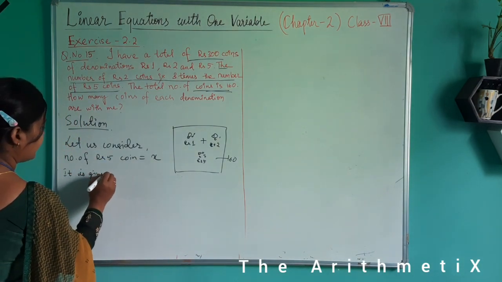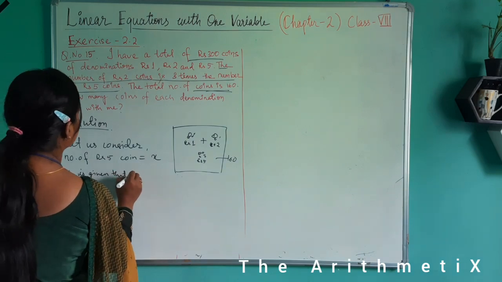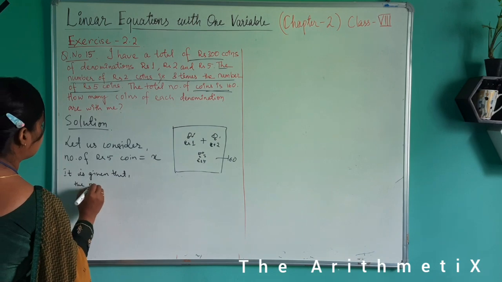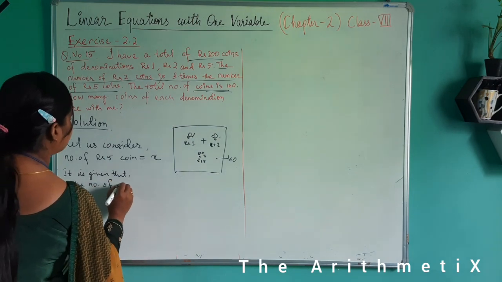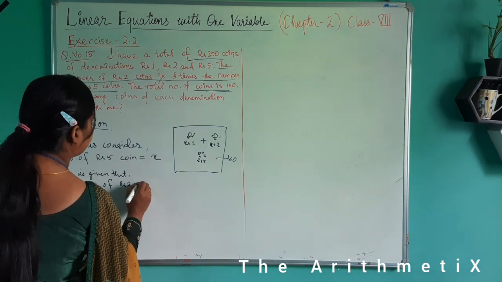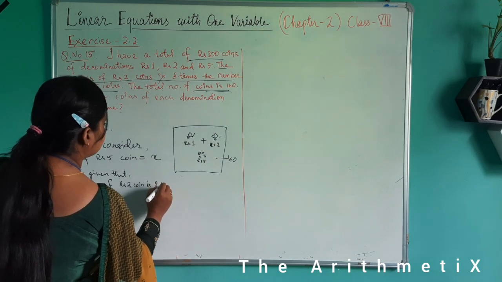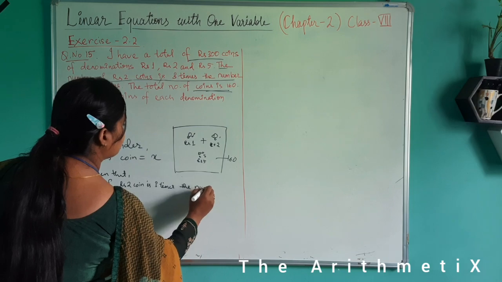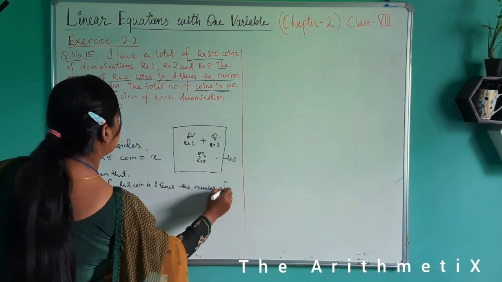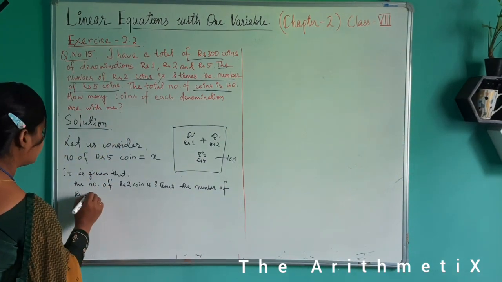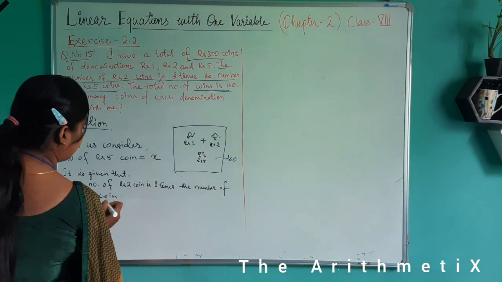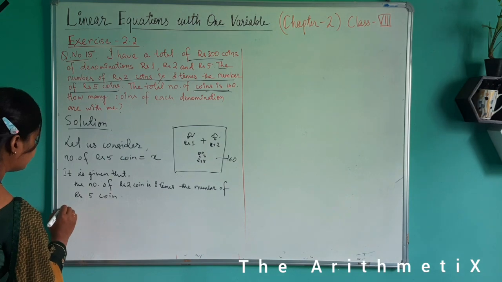It is given that the number of rupees 2 coins is 3 times the number of rupees 5 coins. So according to this statement, this implies